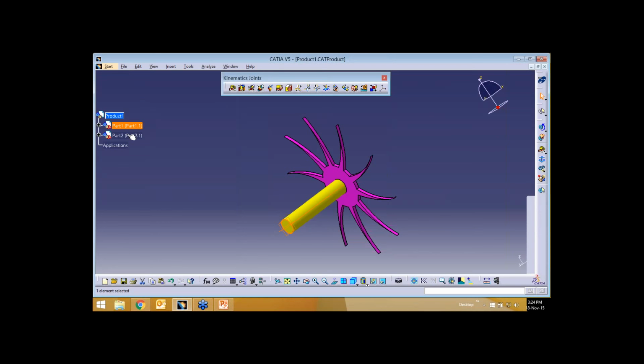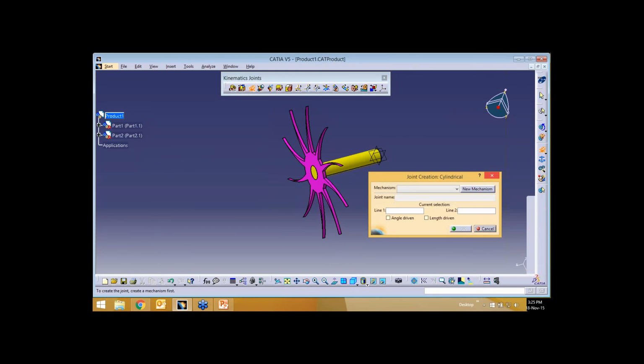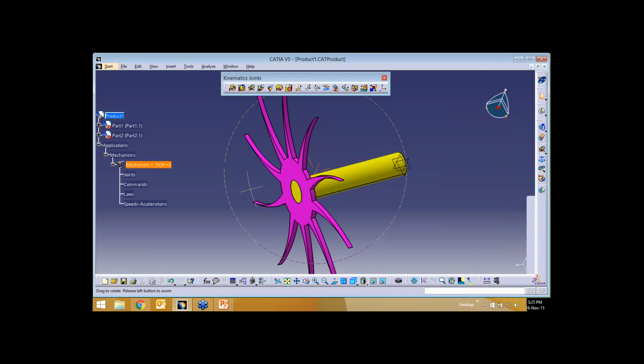One is you can go to any of the joints and create a new mechanism from there, or else go to insert, and create new mechanism here. So once you get a mechanism, you have to create a joint and you have to define the command so that your parts are able to rotate or move according to your command. That is the actual way.